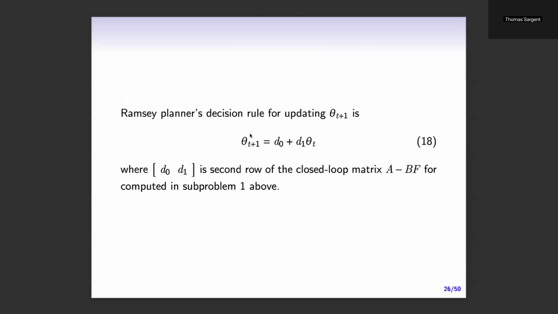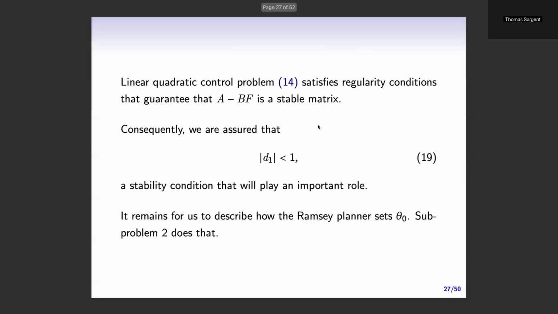Remember, that's what we discovered with machine learning. So we're sure that now the continuation Ramsey planner wants to stabilize the system, and that comes from these theorems in linear quadratic dynamic programming. And now all that's set is